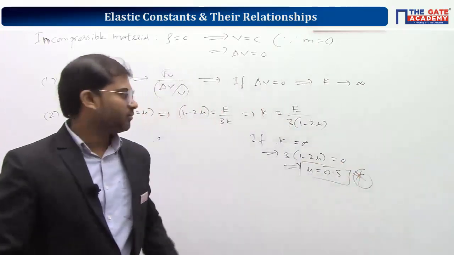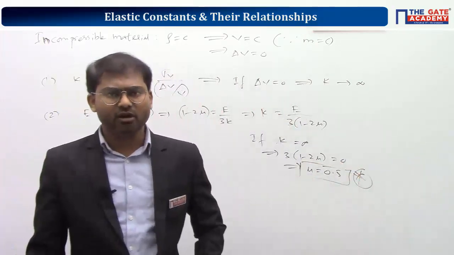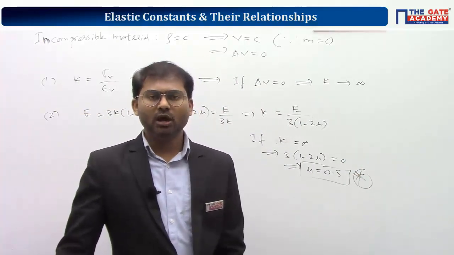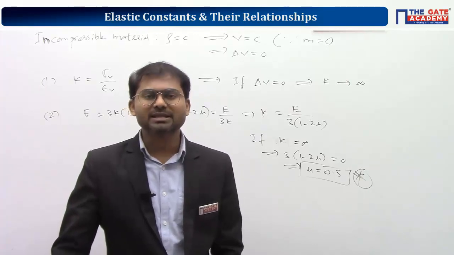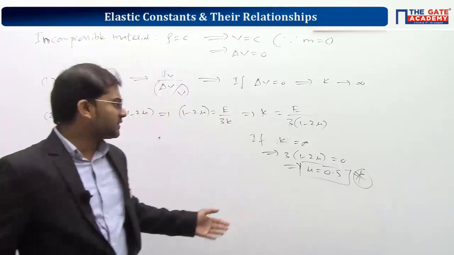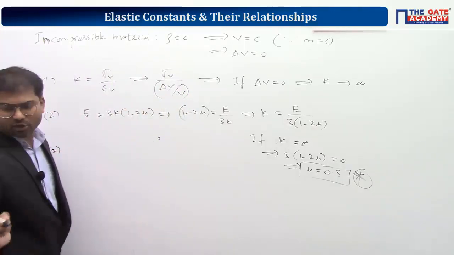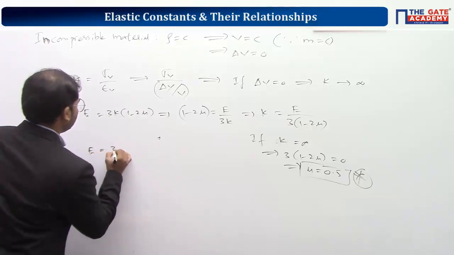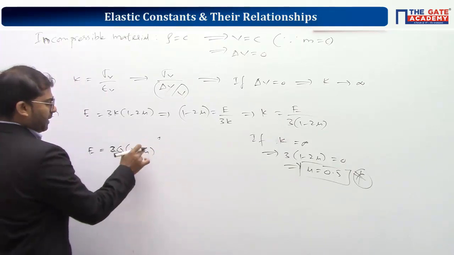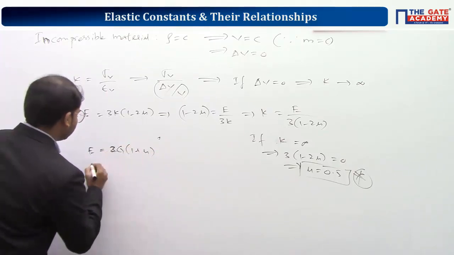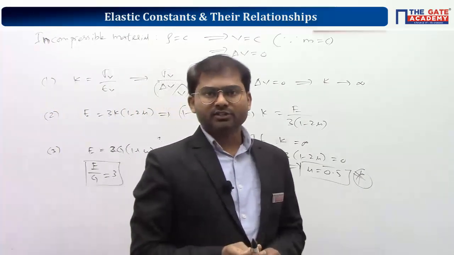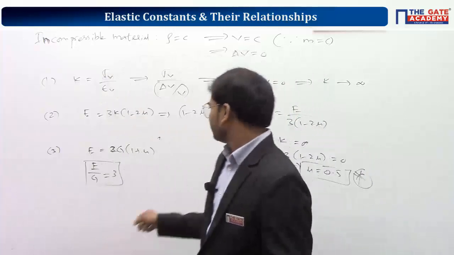We got a question based upon this simple data in GATE 2017 or 18 examination for mechanical paper. Simply they asked what is the value of Poisson ratio for an incompressible material. It's a numerical answer type. All you had to do was substitute the value as 0.5. Understood? So now the last one is very easy. All you have to do is get the value of E by G. We have E is equal to 2G into (1 plus mu). So Poisson ratio is equal to 1 by 2, 1 plus 1 by 2 is 3 by 2, the 2 will get cancelled. You will get E by G is equal to 3. Understood? Kindly remember this result, which is very important.